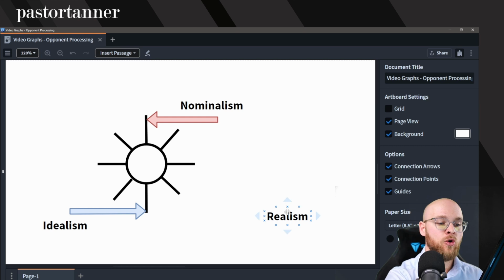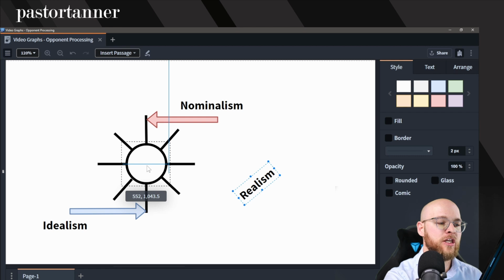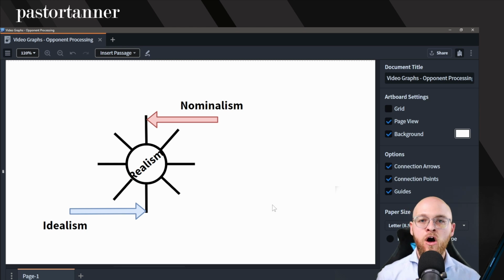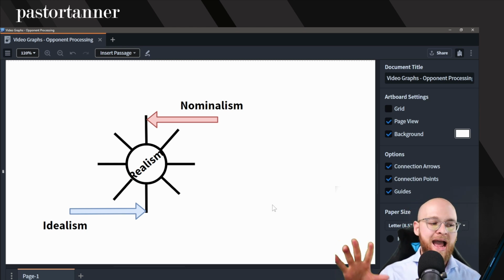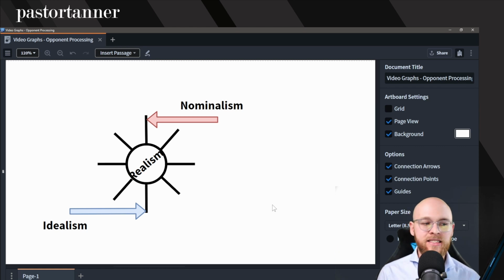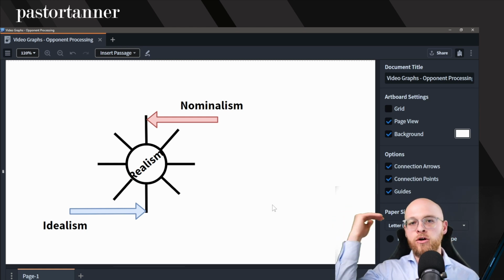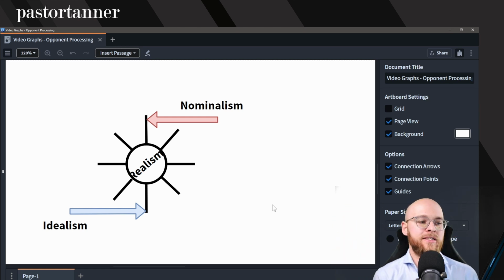But guess what? Realism actually navigates in between these, not by arguing for a third position that is in contradistinction, but instead for arguing as the wheel itself upon which everything turns. By adding the second dimension, realism takes up idealism and nominalism under its wing, and it can say, all of this belongs to me. I can't think of any more Christian metaphysical way of viewing the world. And it's this way of uniting everything that I believe falls firmly under the banner of Christ and under the banner of Trinitarian theology.